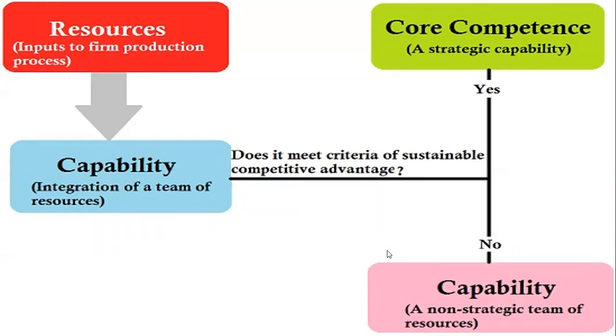And just capability alone is not going to help. So in the long run, what an organization needs to develop is core competence. A core competence might be a low cost product with world class features. When we are able to give a world class feature product at a low cost, that becomes a core competence. Not everybody will be able to cut the cost and give a world class product at an affordable price. That may not be possible.